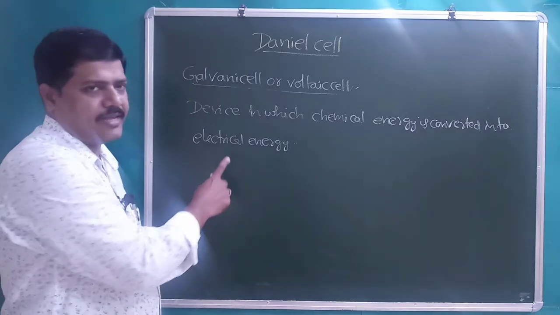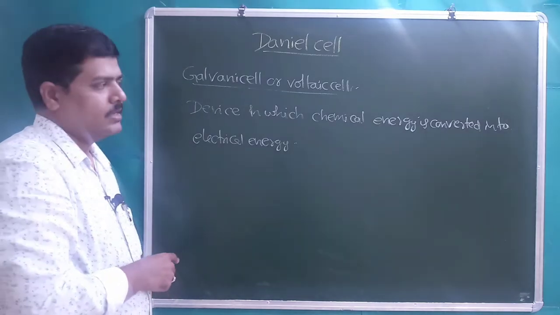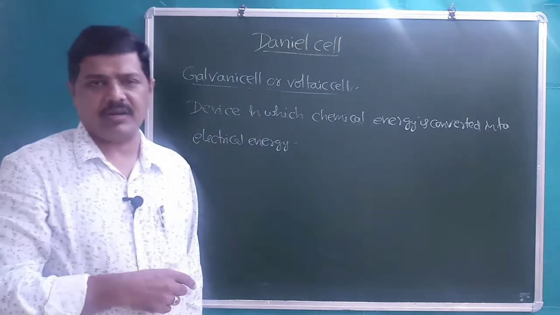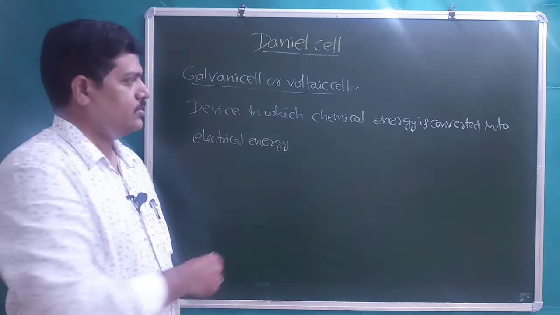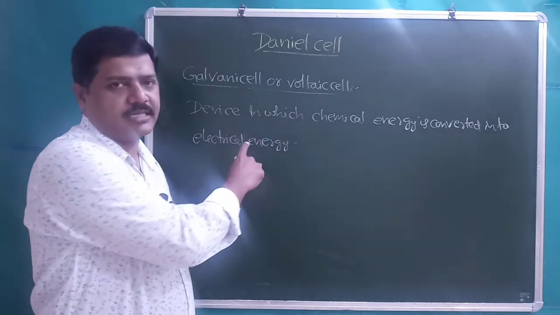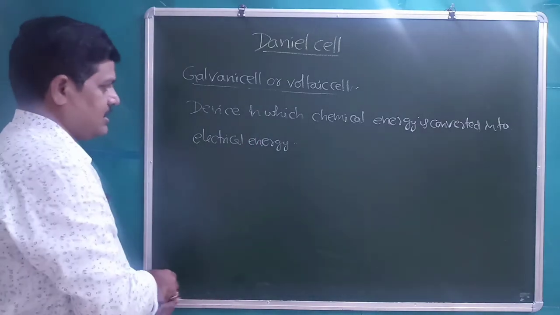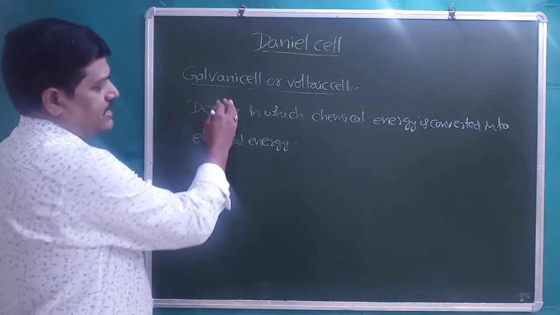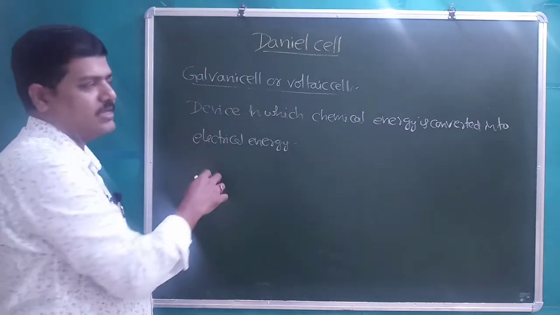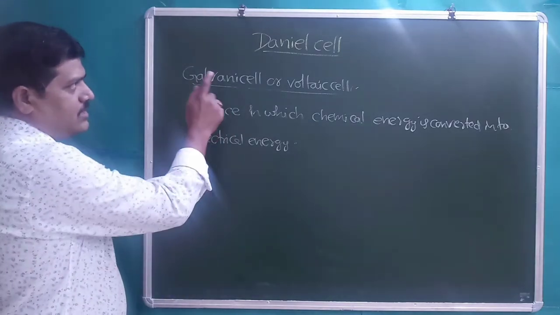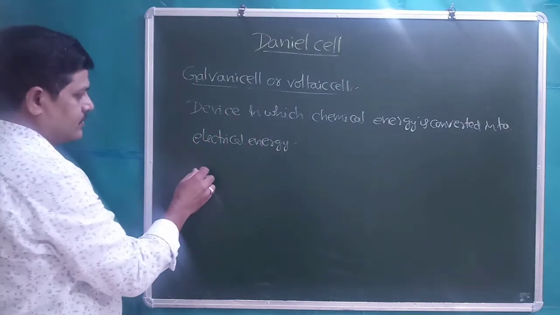Students, in this type of cells, in this device which is known as galvanic cell or voltaic cell, due to a spontaneous chemical reaction, a reaction which occurs by its own, that is called as a spontaneous reaction, electricity is generated. So galvanic cells are of many types, but in the syllabus mainly we have Daniell cell. Let us continue our discussion with the Daniell cell now.